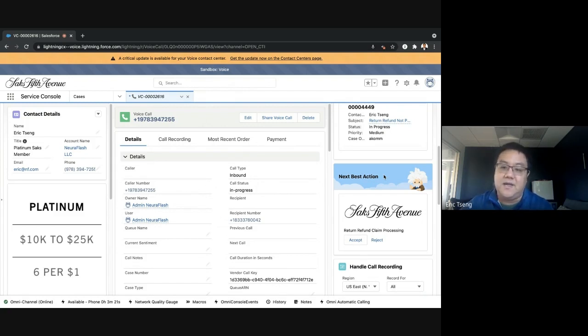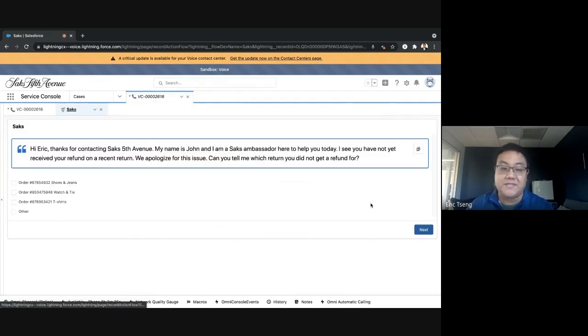In this case, we're going to show it to perhaps help that agent process a claim for a missing refund. And then you'll see when we select and go about working through this next best action, this is actually providing a recommendation through a Salesforce flow. And you'll see we combine a few different principles here. Your flows can really walk your agents through any process, but in this case, it's more focused on providing a level of call scripting back to your agents. So you'll see here the top section, we can start to coach the agent on exactly how they need to greet the customer,